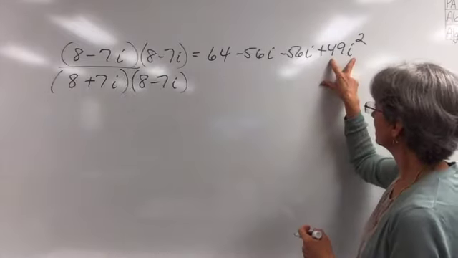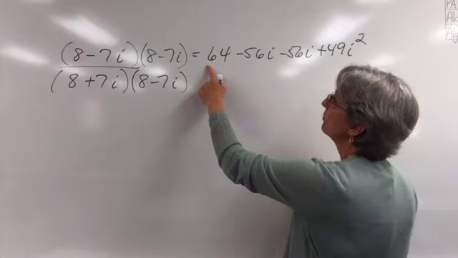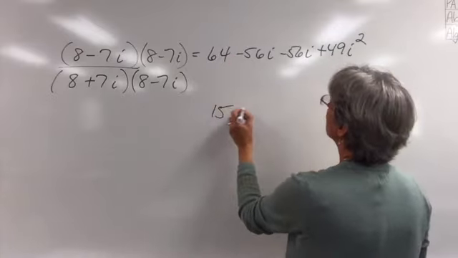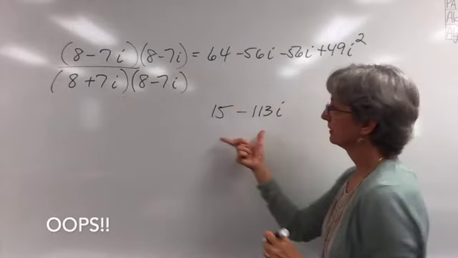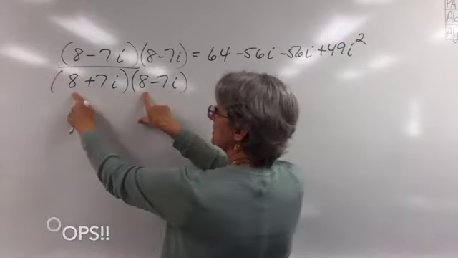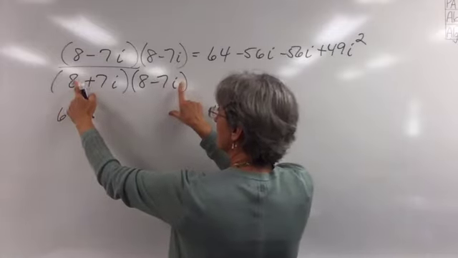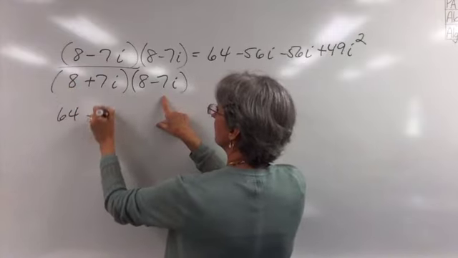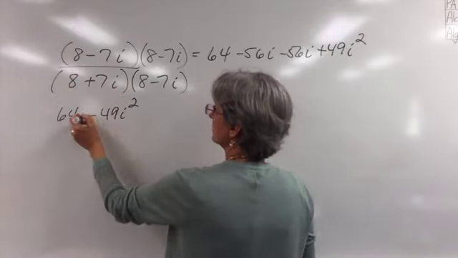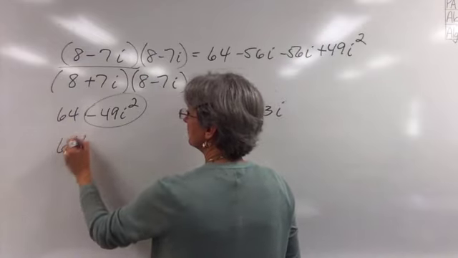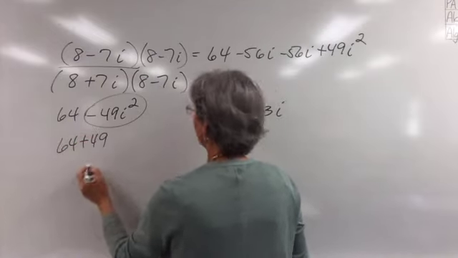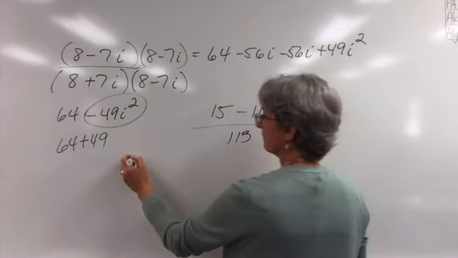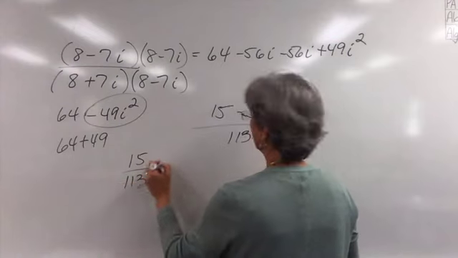Simplify that. This becomes negative 49. 64 minus 49 is 15, minus 113i is our numerator. The denominator is 64, minus 56i plus 56i just canceled out, minus 49i squared. So this becomes plus 49, so it's 64 plus 49, or 113 over 113. So I have 15 over 113 minus